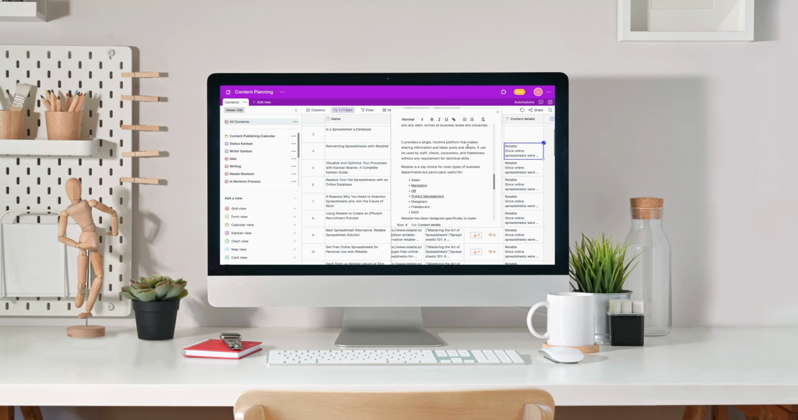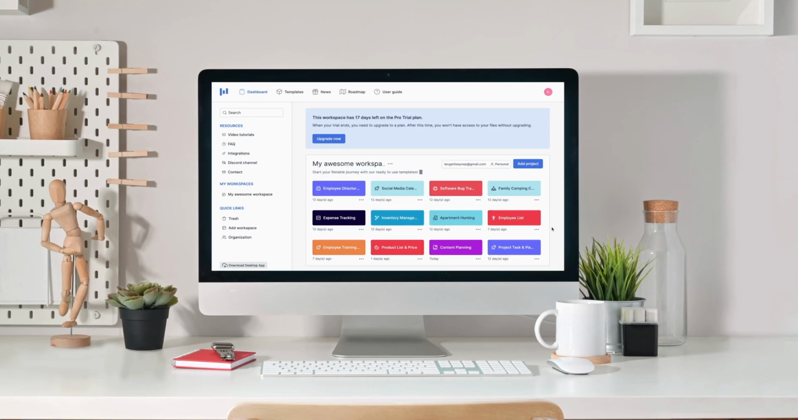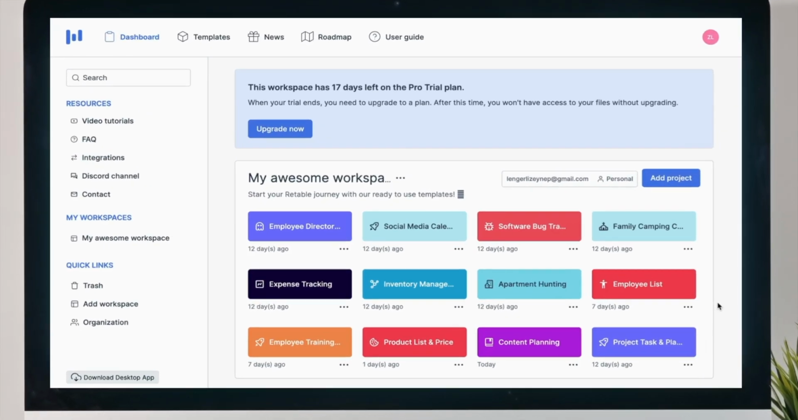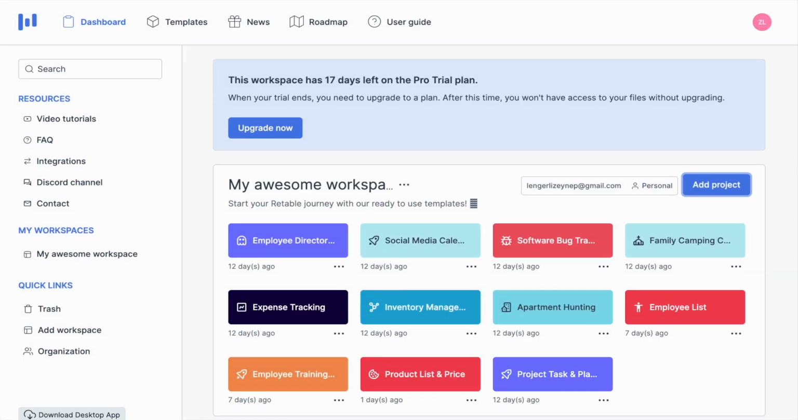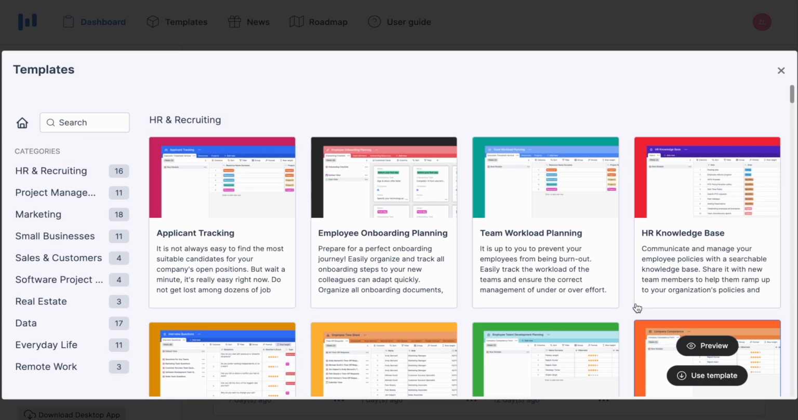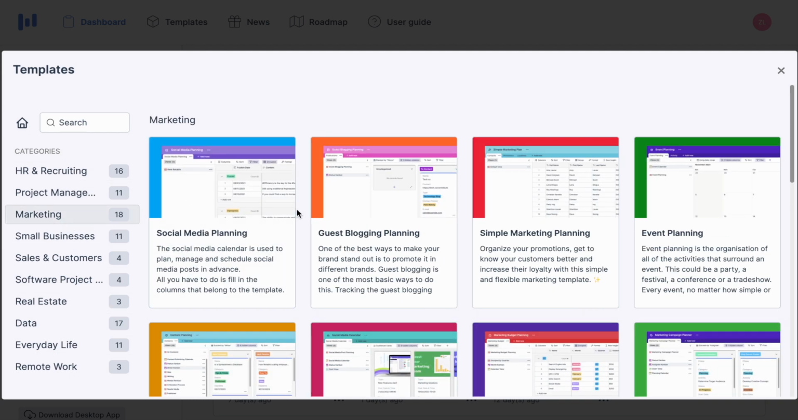In the previous video, we covered the advanced column types and their features. Now, we're going to show you details about Retable's premium column types. This time, let's choose from templates that Retable has created for you. From the categories that you can see on the left, let's choose Content Planning Template and start to explore Retable's